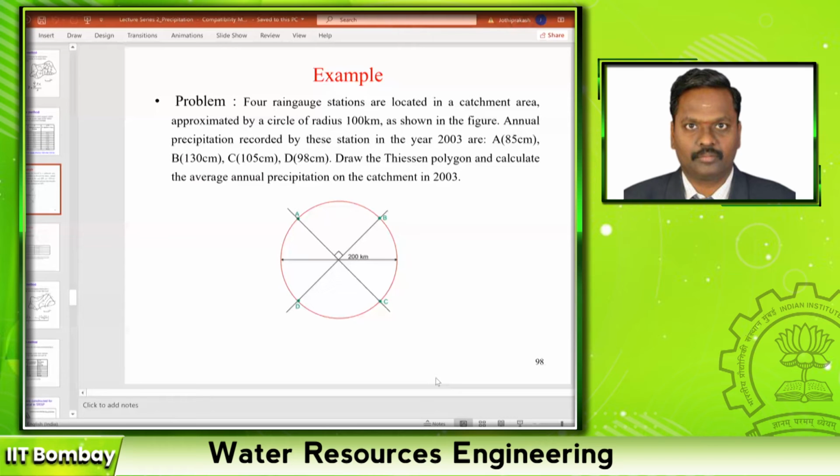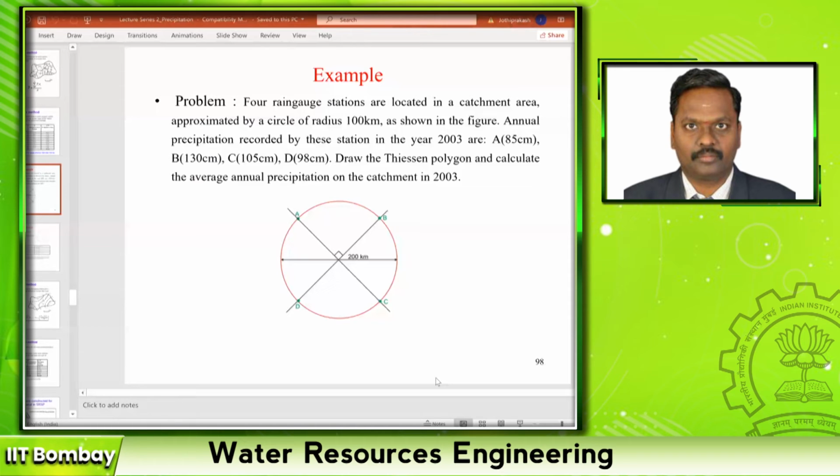For example, in this, I have 8 to 9 stations. If I want to find the average rainfall, add everything and divide it by that many stations. This is very simple, but we are not considering the variation in the rainfall. So to consider the variation in the rainfall, the second method is called the Thiessen polygon. The Thiessen polygon method is nothing but you give the weightage for a rain gauge station up to what areal extent the rainfall is uniformly measured by this station.